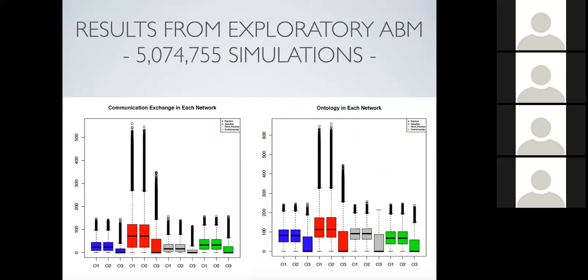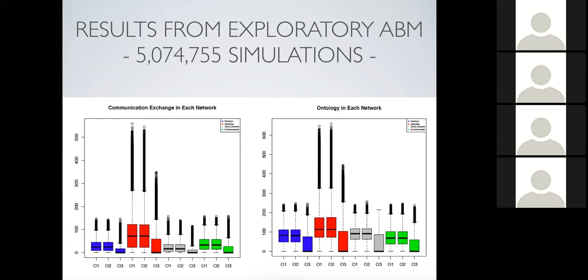So if we go all the way to the final results of these simulations, we ran more than 5 million simulations for this, and always, absolutely always, when it comes to how much information is being communicated by each network, the selective method of communication, where there is a decision rule based on the expected net benefit, even if it can be erroneous sometimes, is the one that renders the most communication in the system. At the same time, when it comes to the most ontology in the system, meaning the memes being communicated plus the evolution of the individual ontological maps of the networks, again, it's clearly the selective method of communication that renders, for any of the 2 or 3 networks,